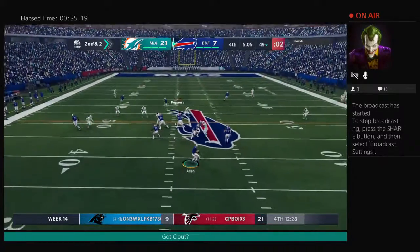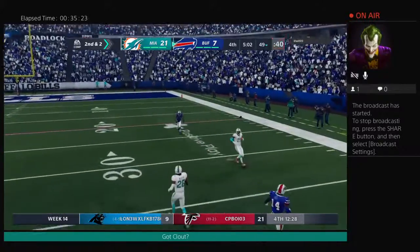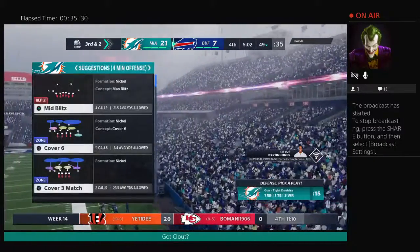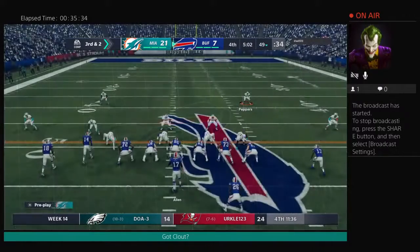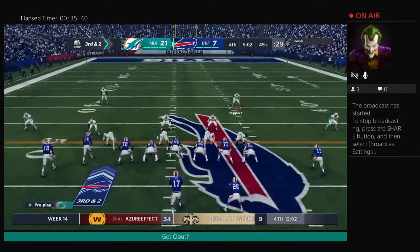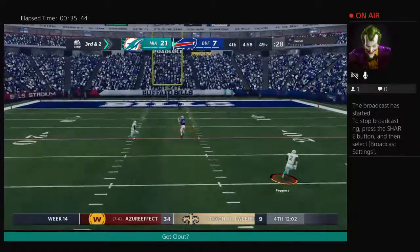On play action, Allen. And boy, that one drops incomplete, but if he was hit a fraction sooner, it may have been a fumble. What a difference a week makes. Last week, he hit on over 80% of his passes. This week, he's down under 50%. What do you see as the difference? Well, I think we're used to seeing a drop. If someone's over 80%, they're not going to hold that number, not in this league. But a drop under 50%, that just...